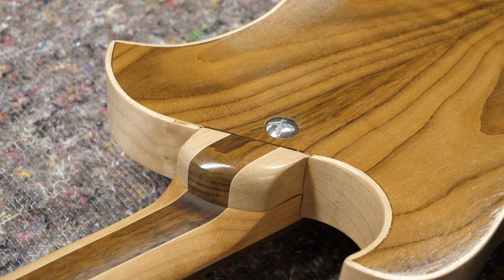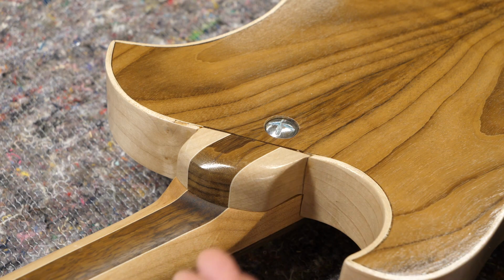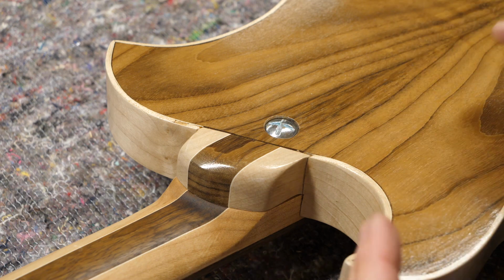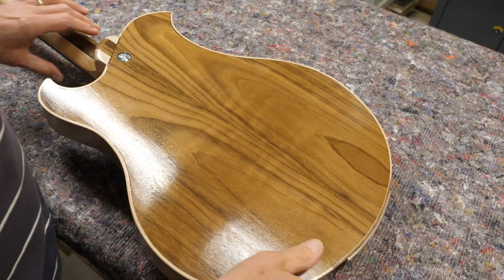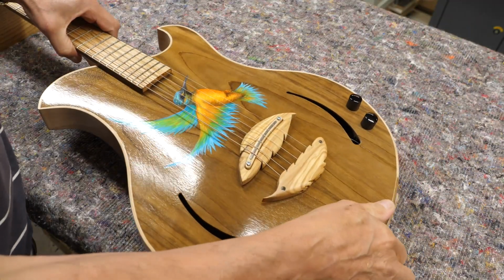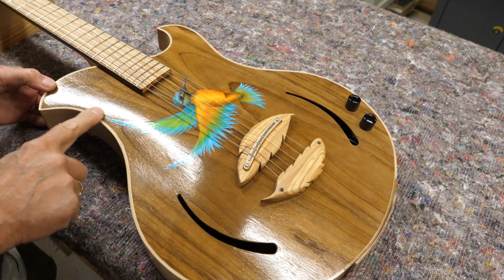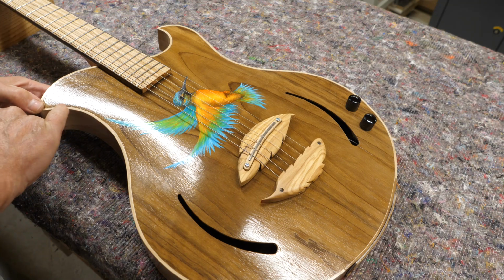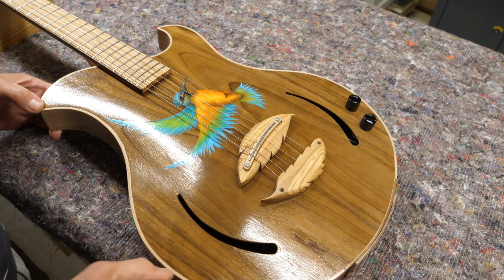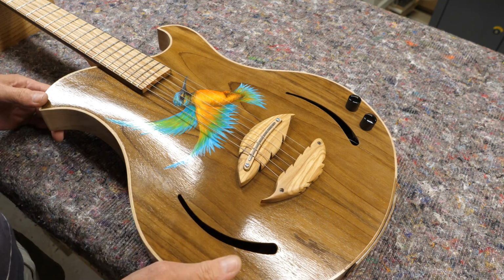The neck is attached to the body using a simple roofing bolt. The end of the neck is chamfered, and that fits into a slope, sort of a dovetail joint, into the body, which gives it some strength. The back and the top are recessed into the sides so that you get this nice edge, and I've also put a thin layer of veneer between the Avancol and the sycamore just to follow the theme through from the